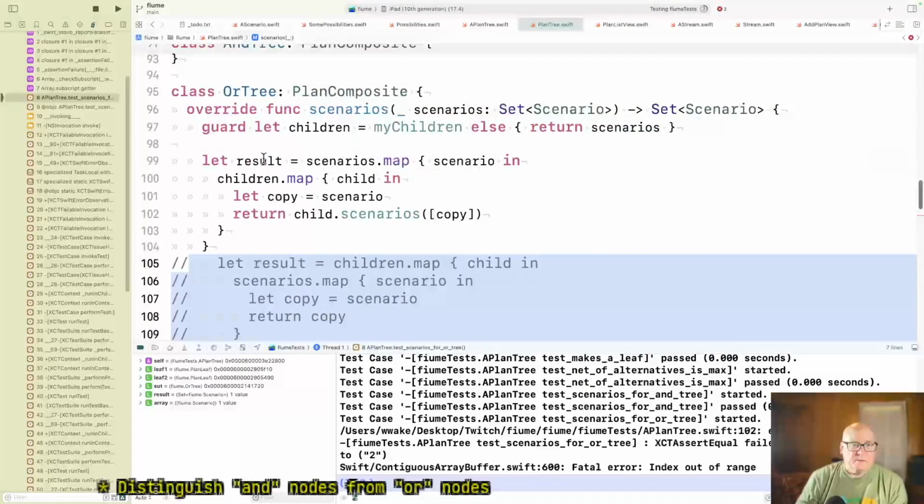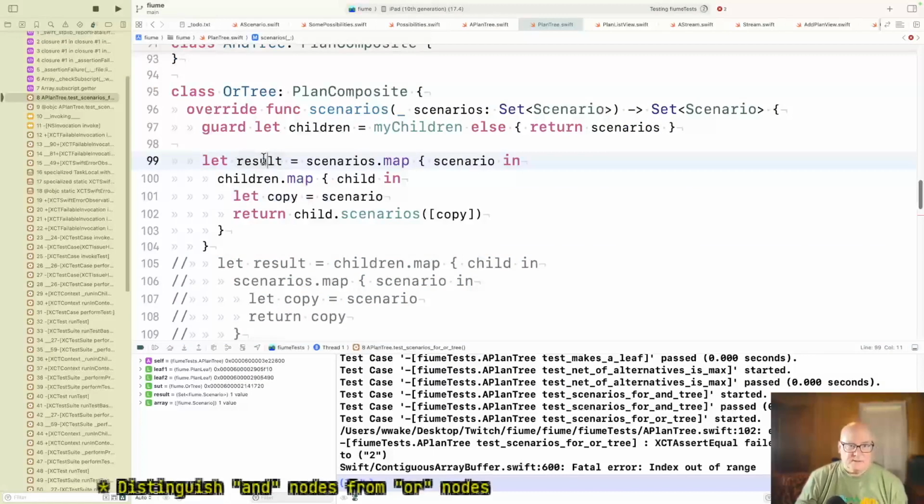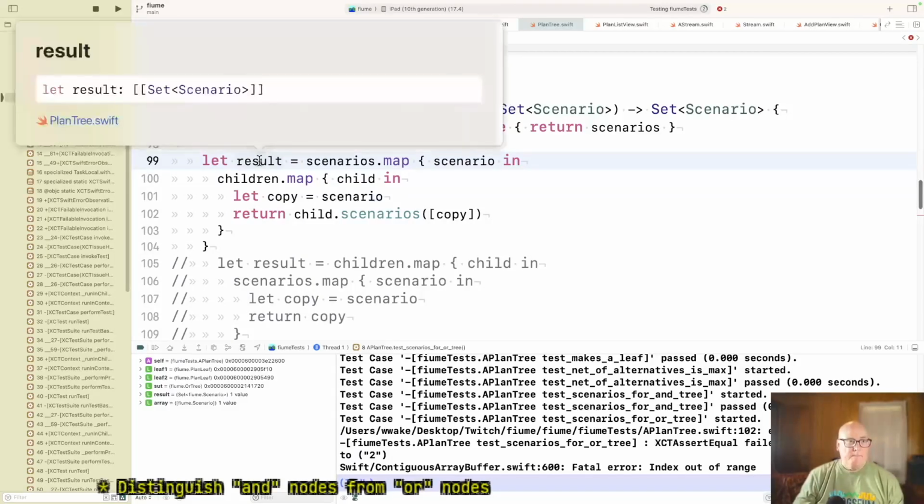Okay, so the result I want to be a set of scenarios. Well, it's going to be an array of set of scenarios. Array of set of scenarios. So something's not quite right. So an OR tree has n different values, but it's not actually a tree. Well, it kind of is.